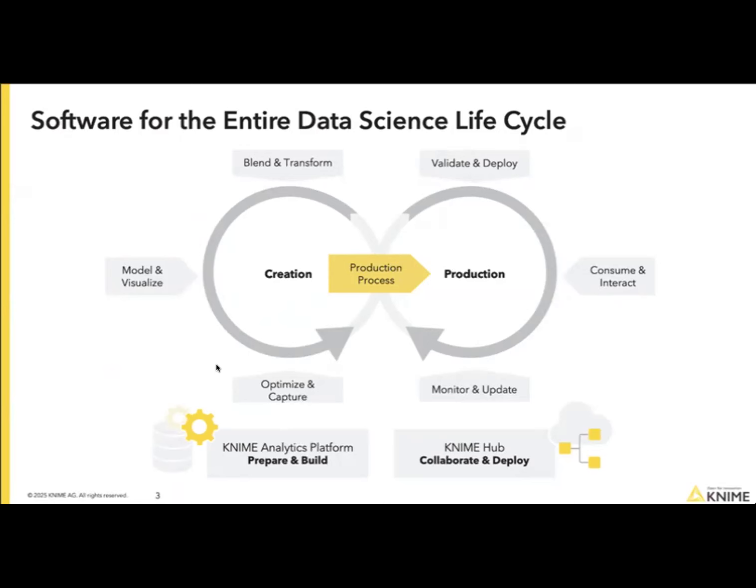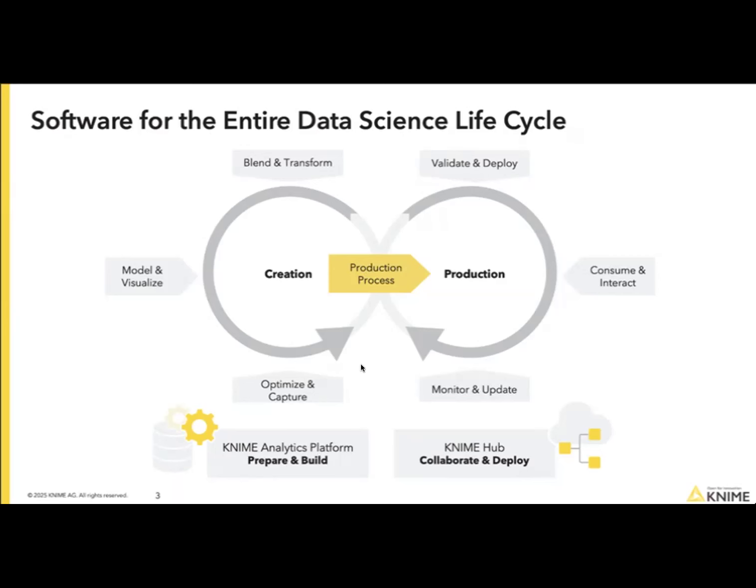And that's the data science life cycle. When it comes to the classroom, what we want to do is usually covered by the creation part. We usually want to teach the students how to reason with data, how to treat the data, clean the data, how to create machine learning models, what is training, what is testing, whether or not you need to normalize the data. So usually in the classroom, the students only need KNIME Analytics platform, which is the platform that I will